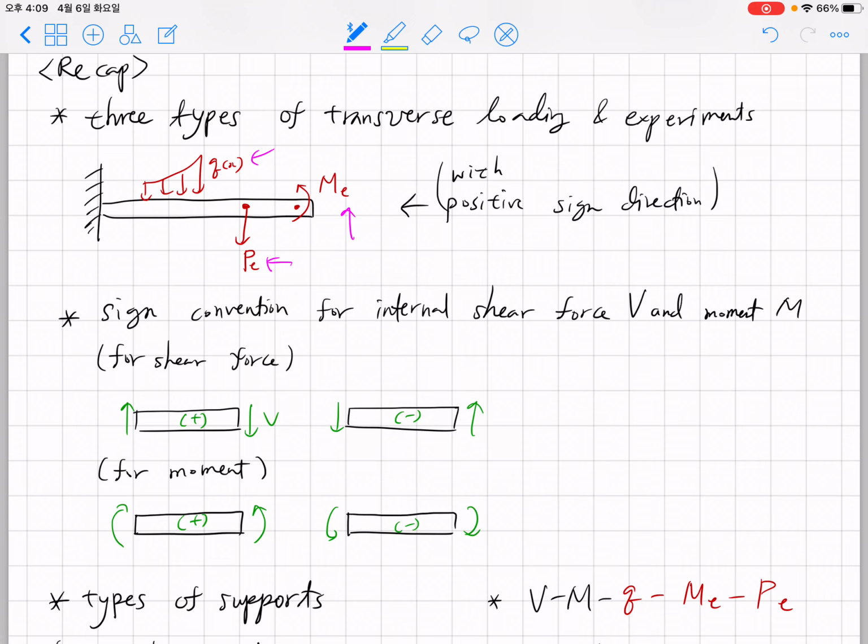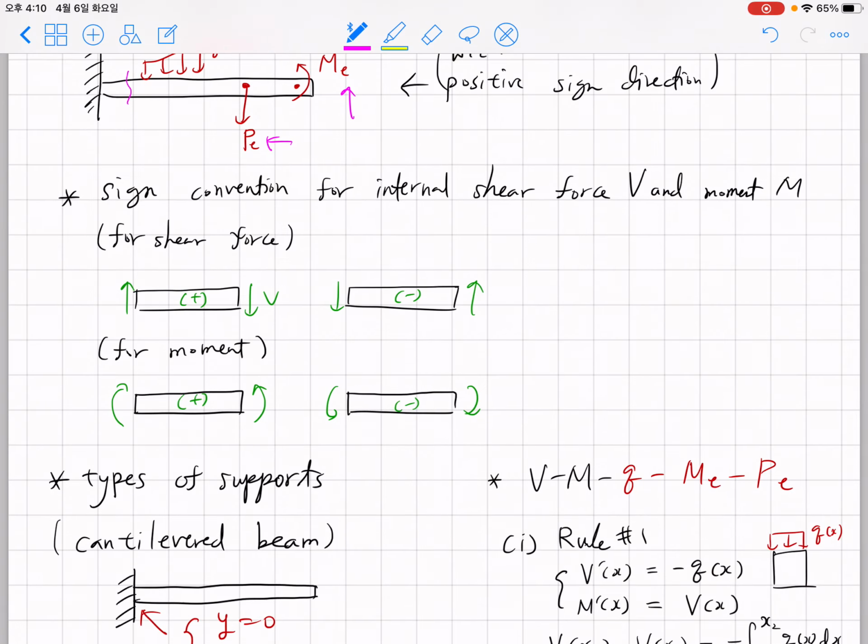types of loading will induce the bending, and the difference between chapter 5 and chapter 4 is that in chapter 4 we considered the pure bending case such that we only have a non-zero M, all other reactions are zero, but now we are considering a little bit more complex case where we have both non-zero V and non-zero M. Okay, so when we consider the cross section, we have to consider both shear force and